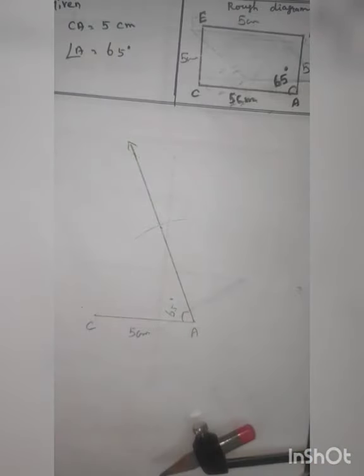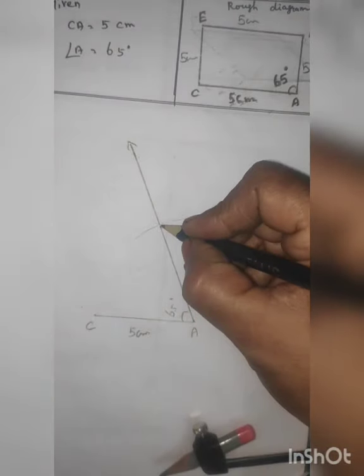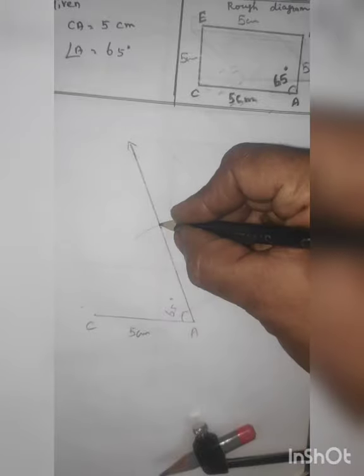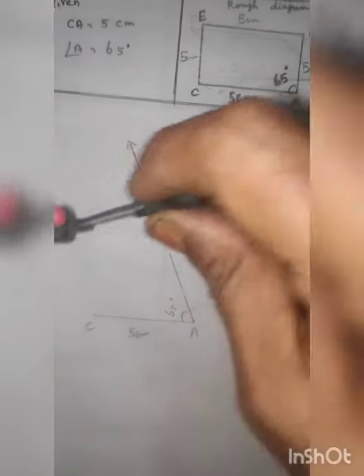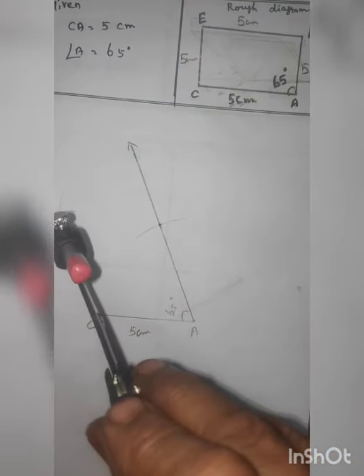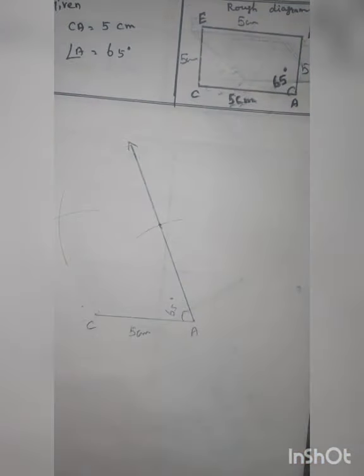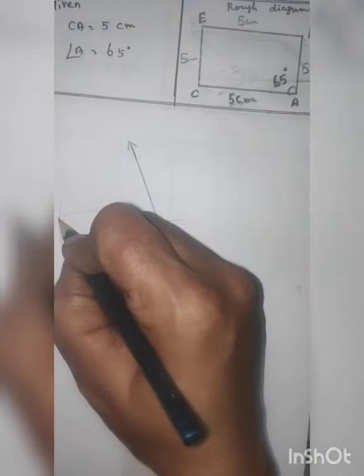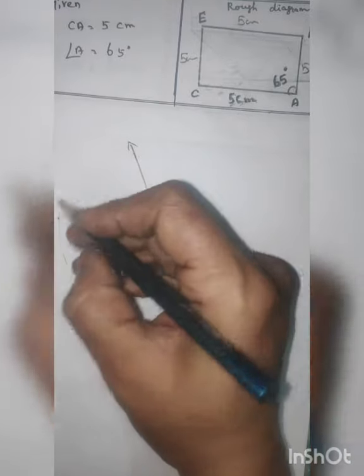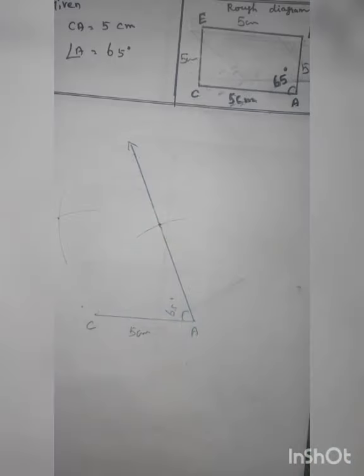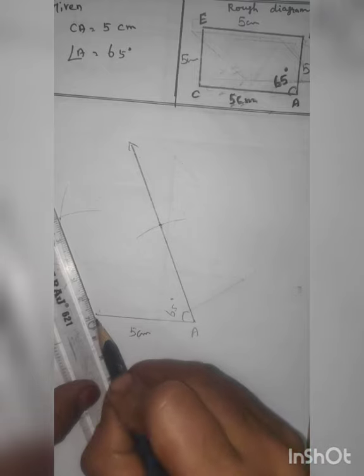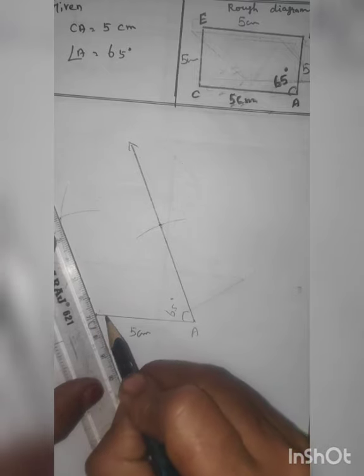Next, see that the angle is already marked, and the line comes there. So keep the point very carefully. Where you keep the point now, there too you cut the arc of 5 centimeter. Now from point C, cut the arc in 5 centimeter. Now the two arcs coincide. The cutting point is the point E. You join the points C and E. Same 5 centimeter, cut the arc.